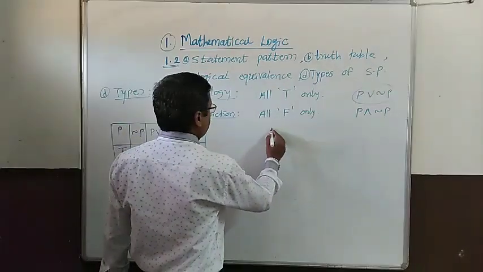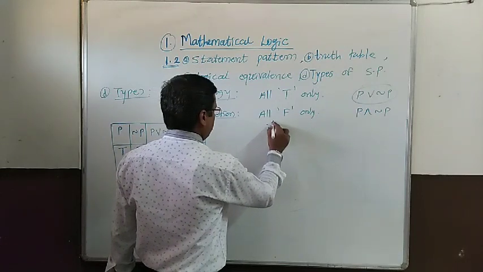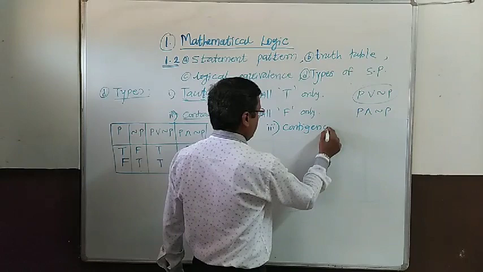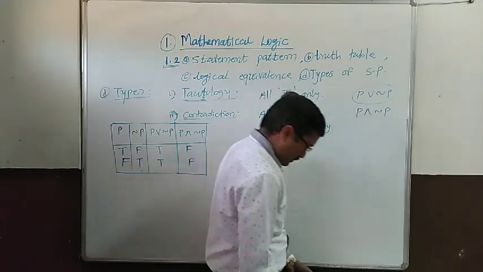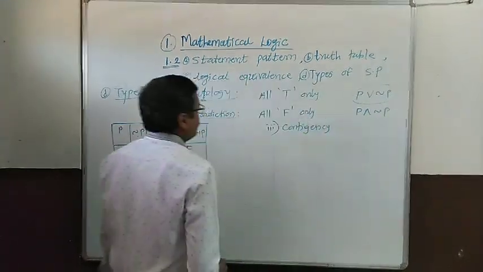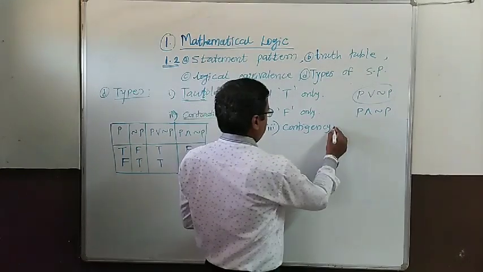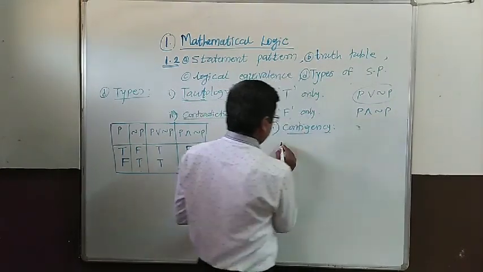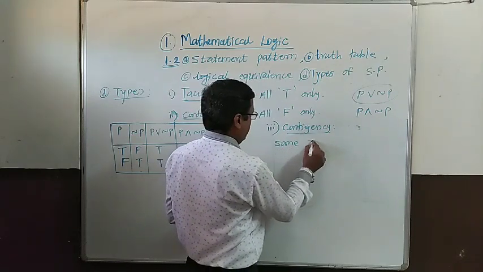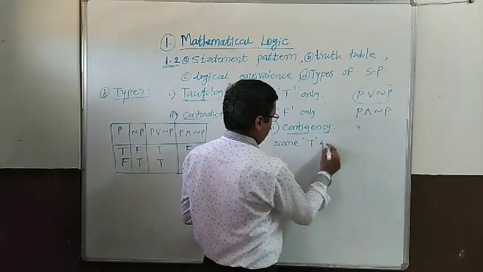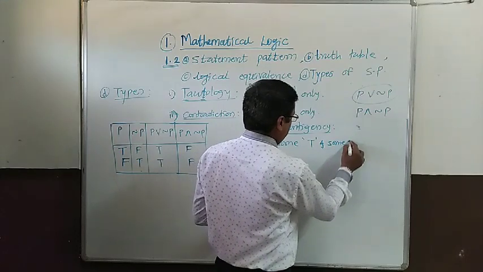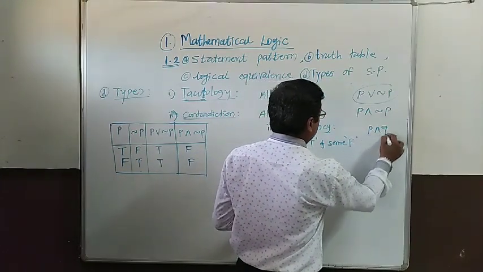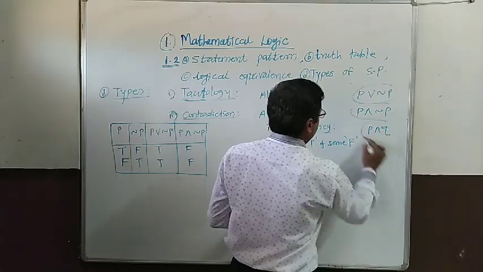And the third type is contingency. And for this, contingency means it contains some T and some F. For example, p and q. P and q is an example of